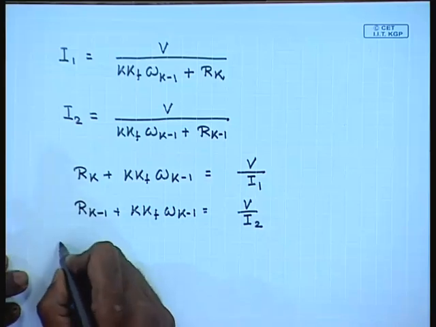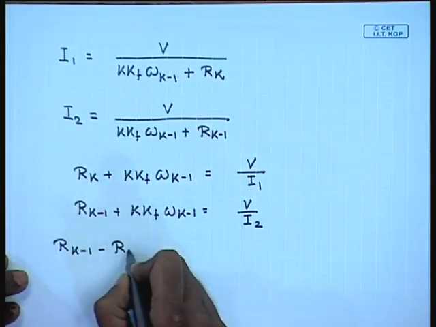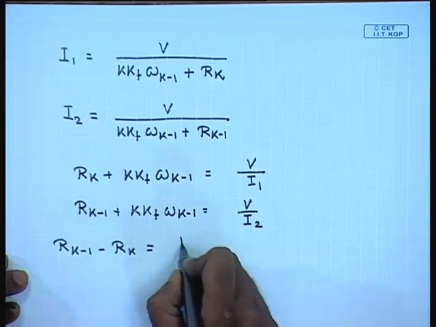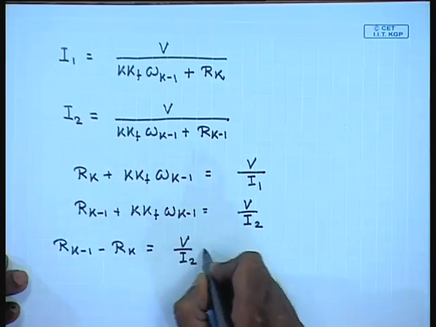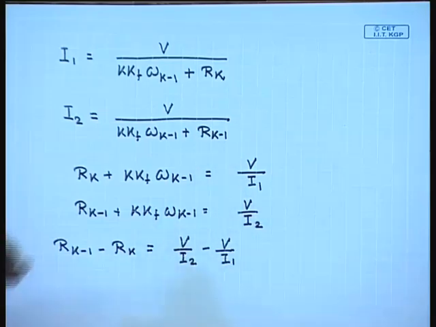So, R k minus 1 minus Rk equal to V divided by I2 minus V divided by I1, but